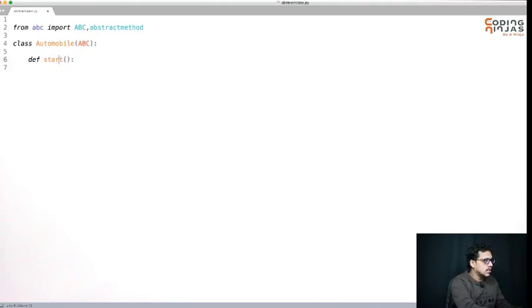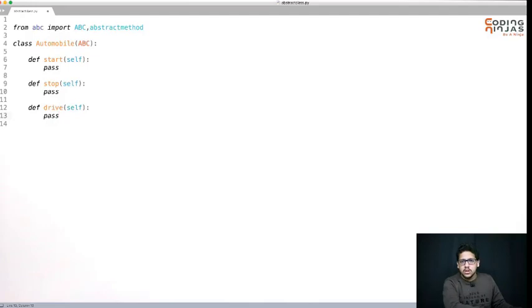After that, if you have functionality like start, you will have these methods. Let's say I am just passing for now. I will have functionality like def stop, self, pass, def drive, self, pass.